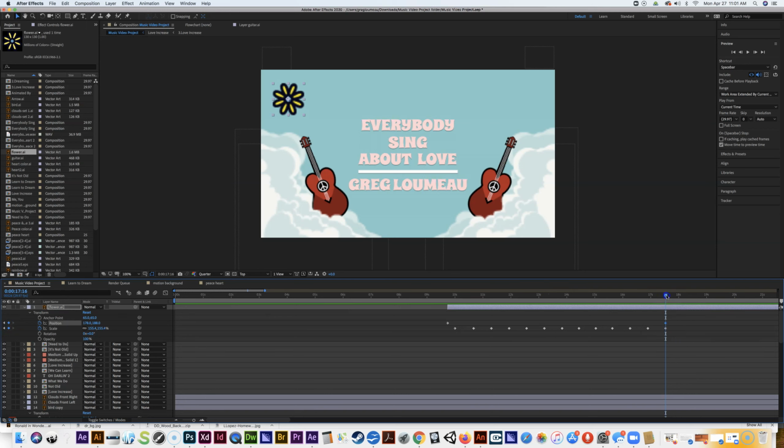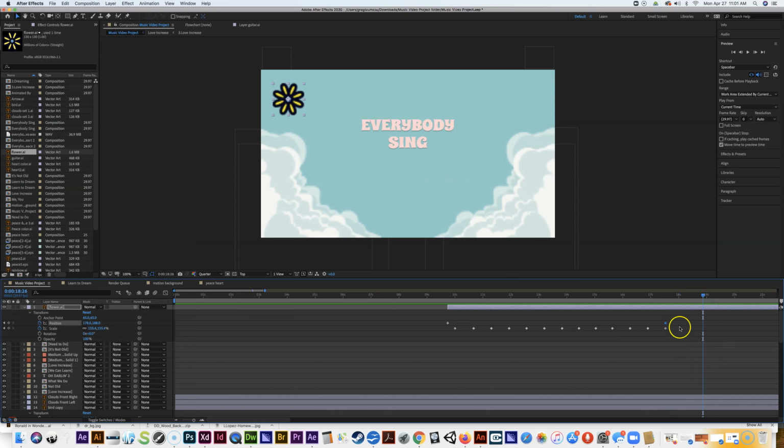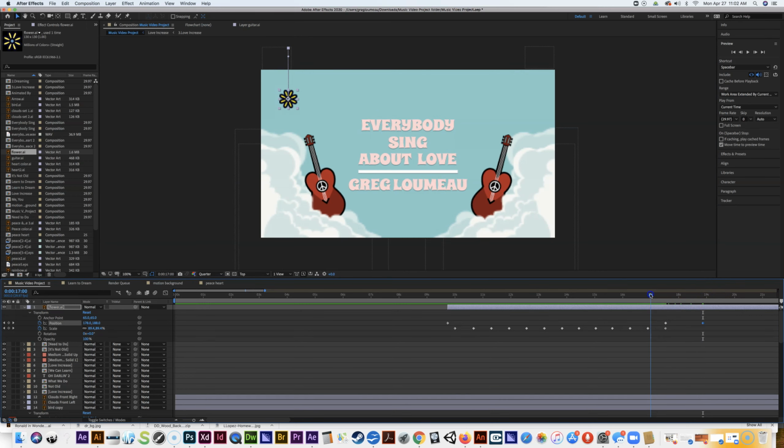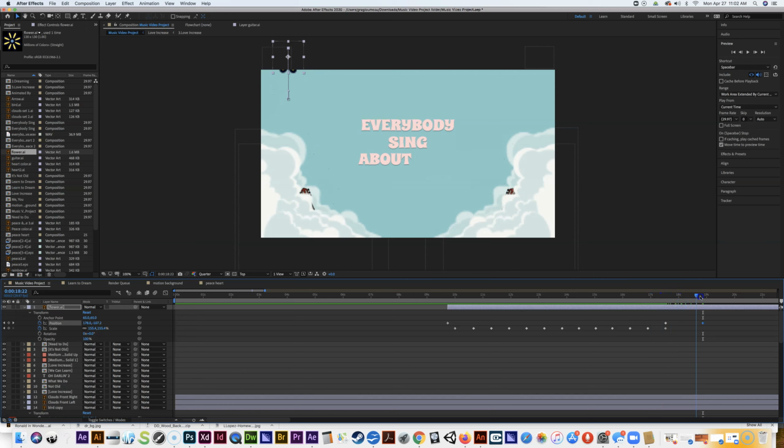And then we simply have to figure out when the guitars are completely gone. It's basically when they're below the clouds. We go down there, and then we grab the flower and lift it up so that it's completely gone by that time. And it makes a new keyframe for us. So as these guitars are moving down, this guy is moving up. I say fading down, but it's actually just moving down, right? And that guy's moving up. Okay, and so now,